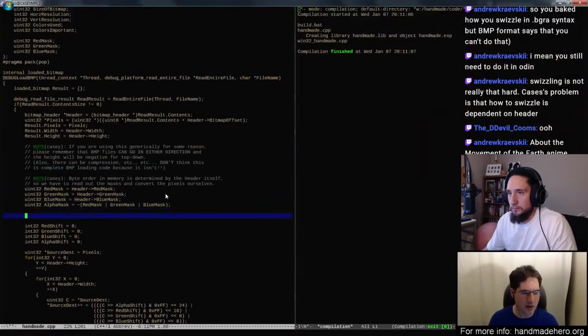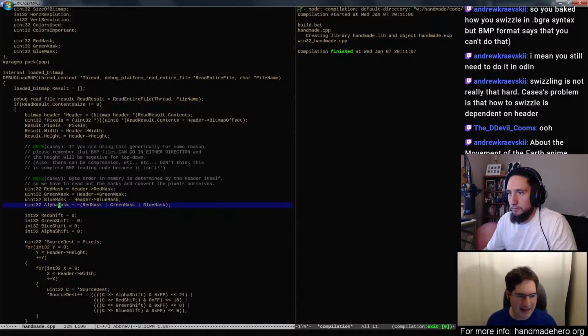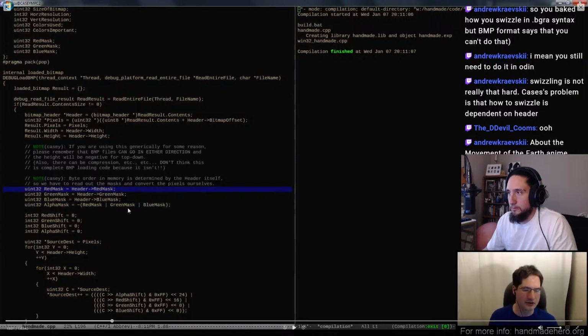So that gives you all the masks, but now we have a problem, which is basically we need to actually know essentially what the lowest bit is that's set in these values, right? Because we need to know how far down to shift, so we essentially want to count how many bits there are that are